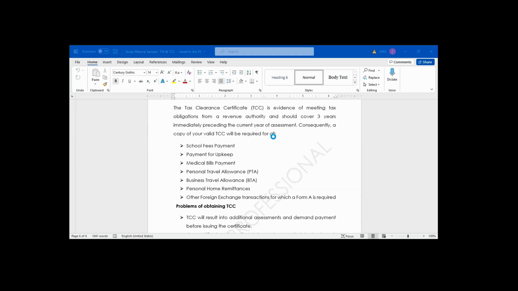What are the types of multiple taxes that we have? Number one, entertainment tax. Number two, road tax. Number three, market taxes and levy. Another one, car park tax. Another type of multiple taxes that we have is sales tax. Example of sales tax: some states collect consumption tax.